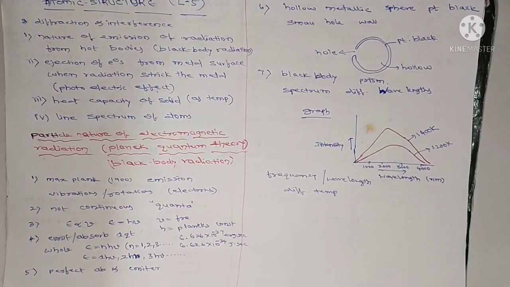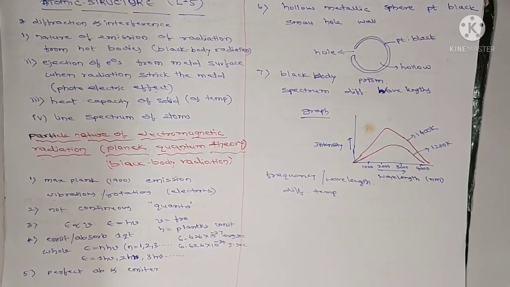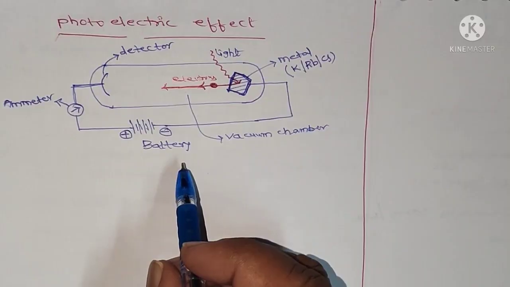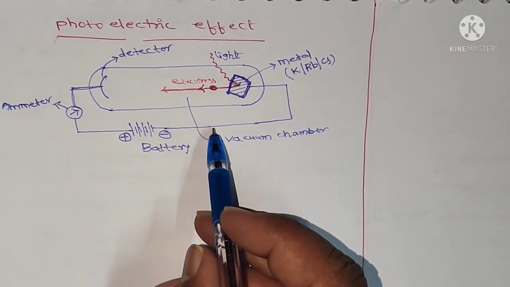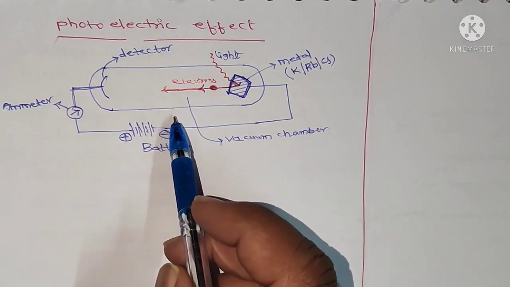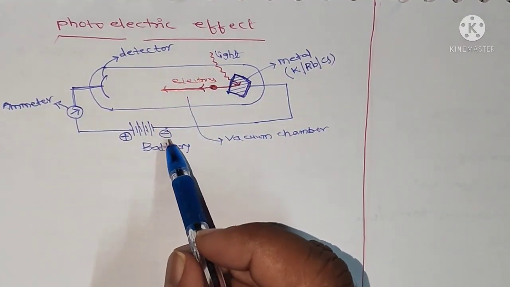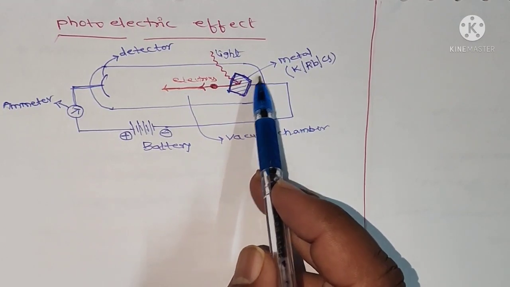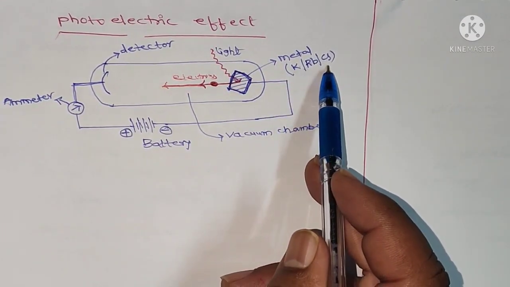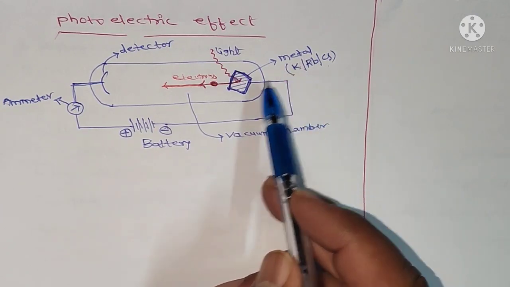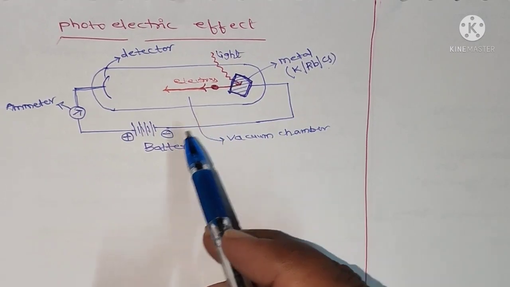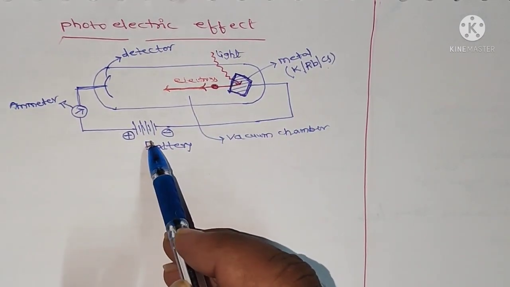So this is about Planck's quantum theory and black body radiation. Next one, photoelectric effect, and this is the equipment for studying the photoelectric effect. Here, this is the metal, with potassium or rubidium or cesium. These are the metals, and here it is a vacuum chamber, and this one is the battery, and this